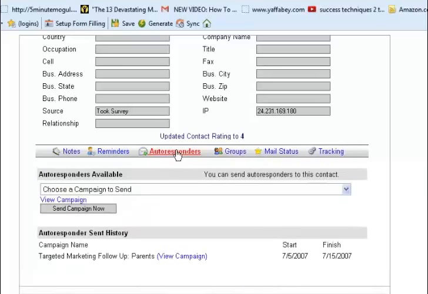You also can click on autoresponders. So if you're dealing with a particular prospect, you're following up with Joe, you can simply click on the link here and see a list of all the specific autoresponders that are available. Select it, click on Send Campaign Now, and if you want to view a specific autoresponder campaign, you just click on the drop-down arrow, select the campaign by just clicking on it that you want to learn more about, and click on View Campaign,